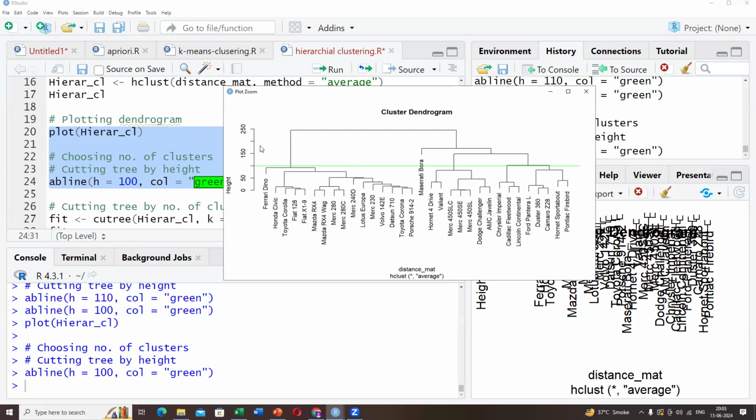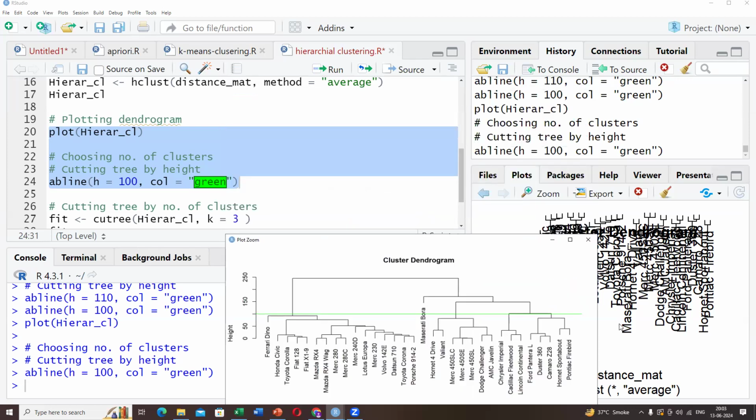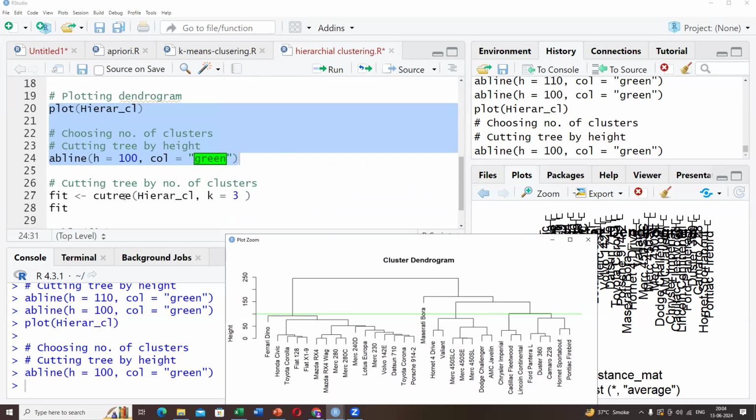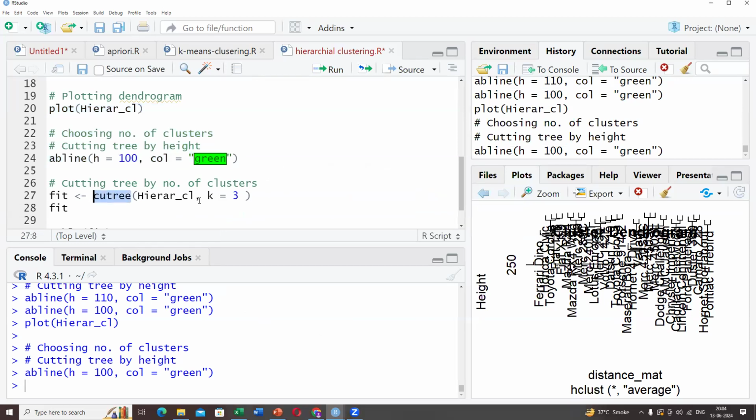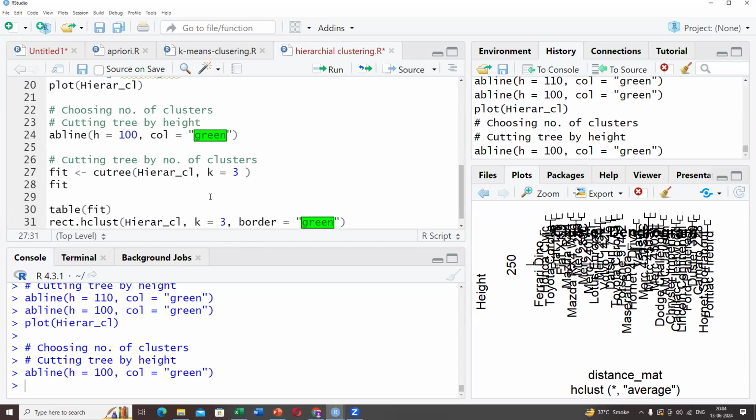Now this abline is used to cut your tree in a basically vertical form. But if you want to divide your tree in a horizontal form, then cutree is used, and how many cuts you want to make, you can pass here. Okay, for example, I want to cut this data set into 3 different parts, then you can pass here 3. Okay, now if I run this,